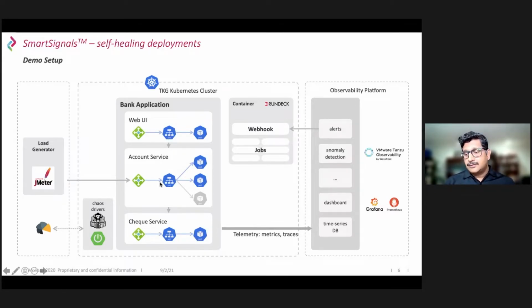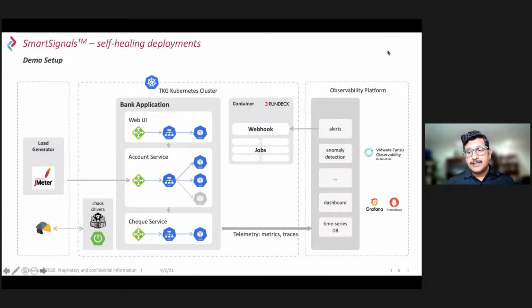One of the objectives of this kind of segregation is to show you the scalability of it, but also to show you the dependency. Typically in enterprise applications, one of the pain points is that applications are layered in terms of their services. If some of the application components are not behaving, how is that impacting your customer, your UI? That's what we wanted to demonstrate: how these signals can be captured early enough to avoid any downtime to the UI.